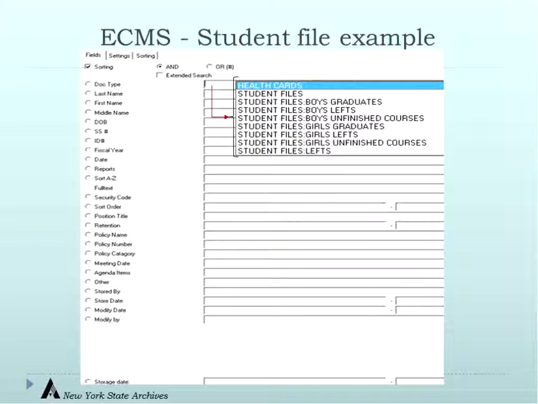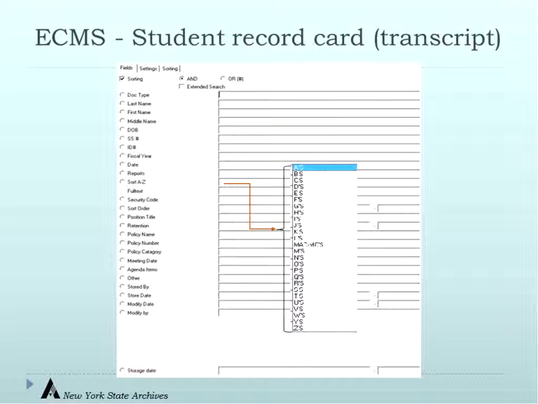In this example, the system was set up for older student record cards. The system was populated with each letter of the alphabet representing surnames. One record card could contain 30 to 100 pages, and many were handwritten and lacking date of birth. With these older scanned records, it would be necessary for someone to browse the alphabetical grouping to find an individual